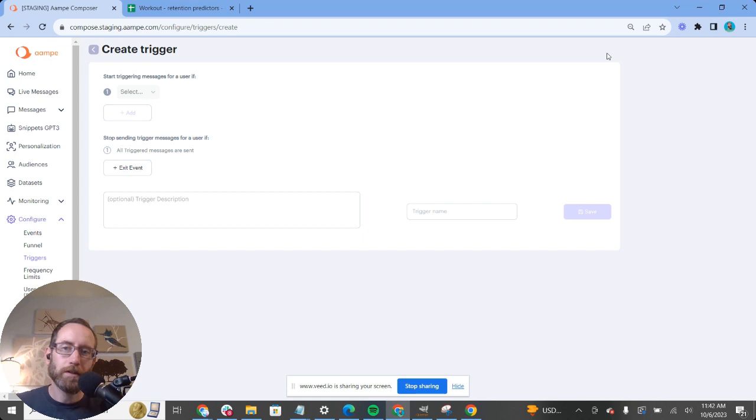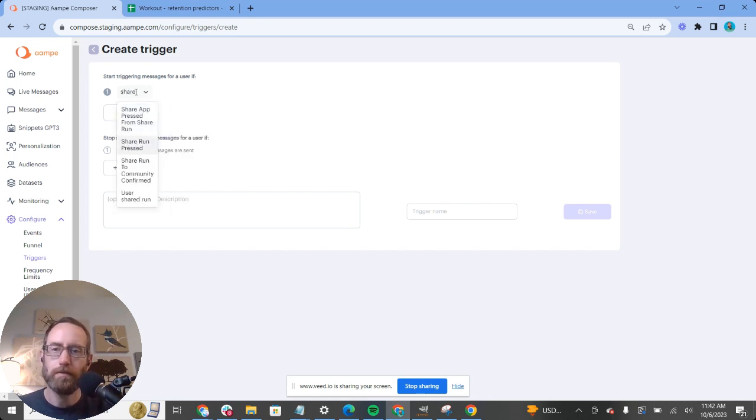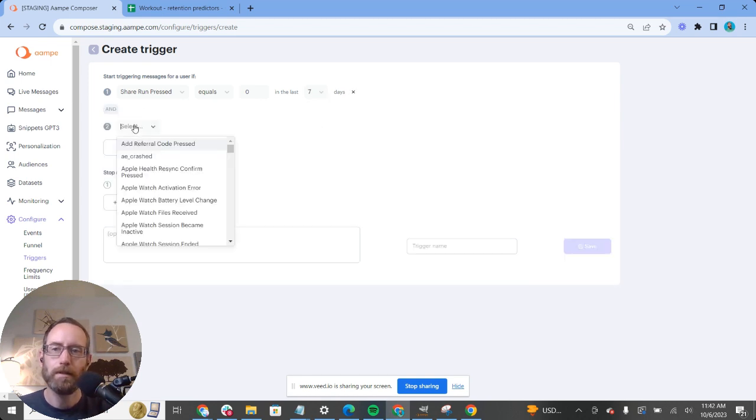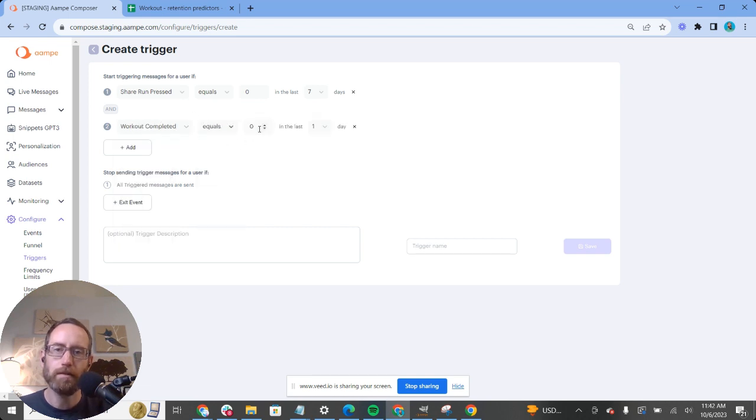So the first trigger I'm going to create is around that share run, like we talked about. So I'm going to say share run pressed. So we want to find a user who has not pressed share run but who has completed a workout. So, workout completed. All right. So equals, I should say greater than zero. So if a user has done at least one workout in the past week,